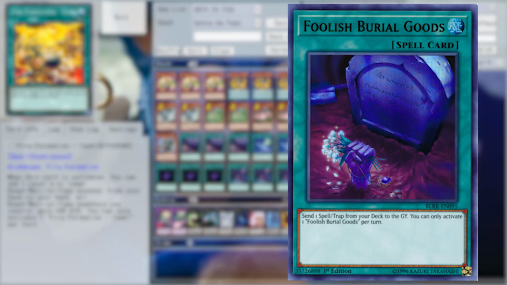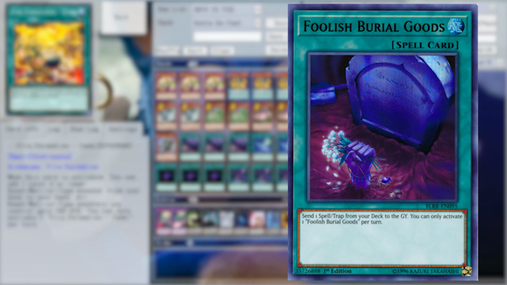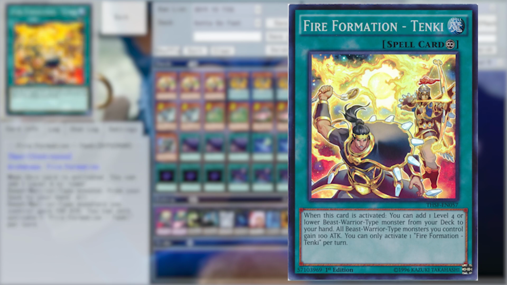Goods is amazing because it can send either Perfume or Serenade Dance to get their graveyard effects. Lunalight Perfume is a monster reborn for any Lunalight monster, and you can banish it from the graveyard to discard a card and add a Lunalight monster from your deck to your hand. So if there was like one of the most broken monster reborn spells in the game, it would most certainly be Lunalight Perfume. We play 3 Fire Formation Tanky as well because it's just more copies of our Beast Warriors,